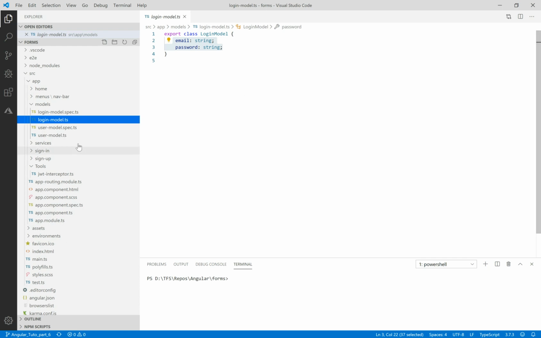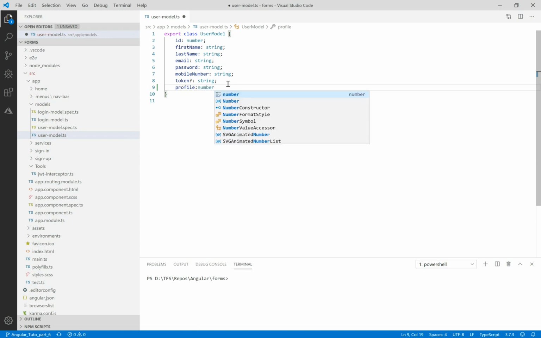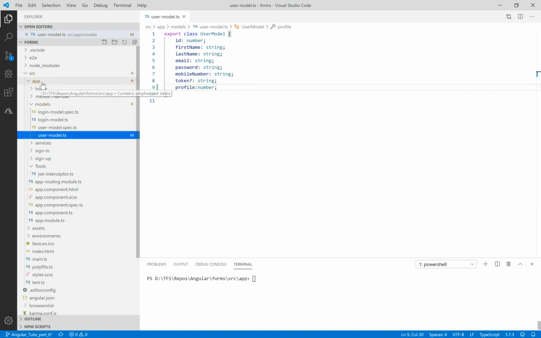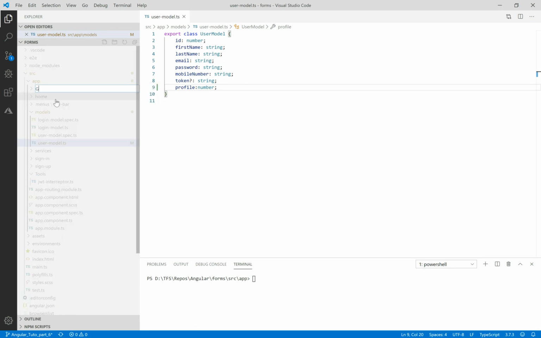So let's navigate to login to user model and add a new property called profile, of type number. This profile will be defined in the Web API enumeration project. Now let's add a new folder called guard,